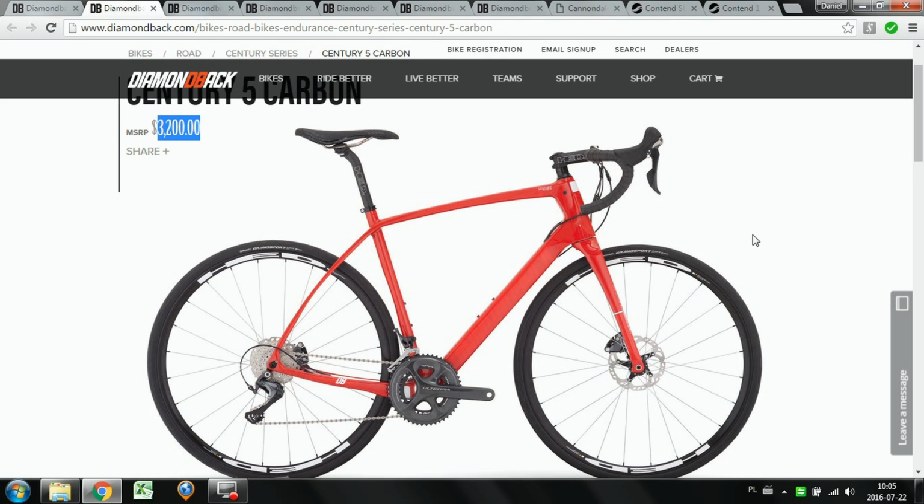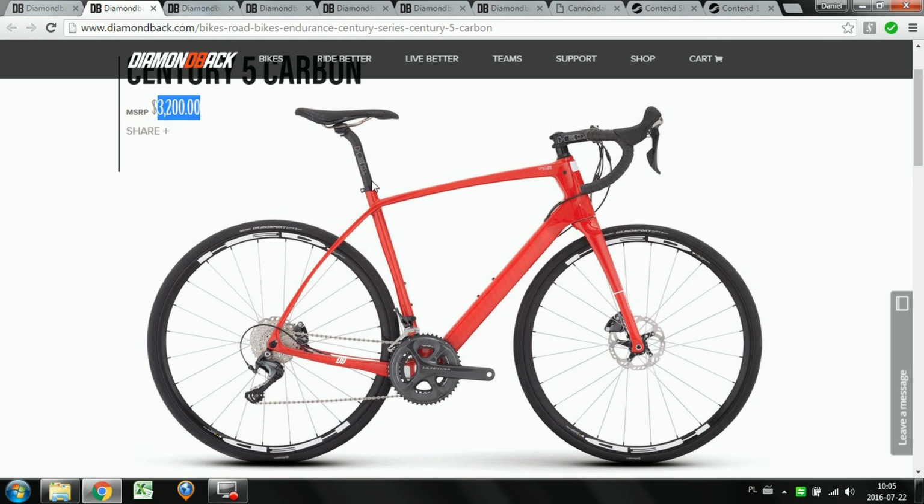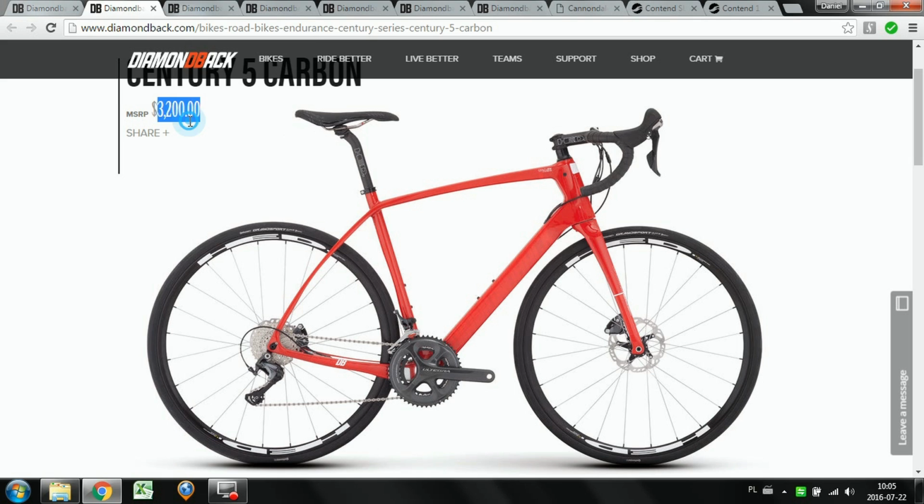From the research I've made, some manufacturer in China is making those bikes, which is not wrong, but we should not just think that we are paying extra for having handmade bikes in USA, because this is not handmade in USA. So that's actually all I wanted to tell you here about the